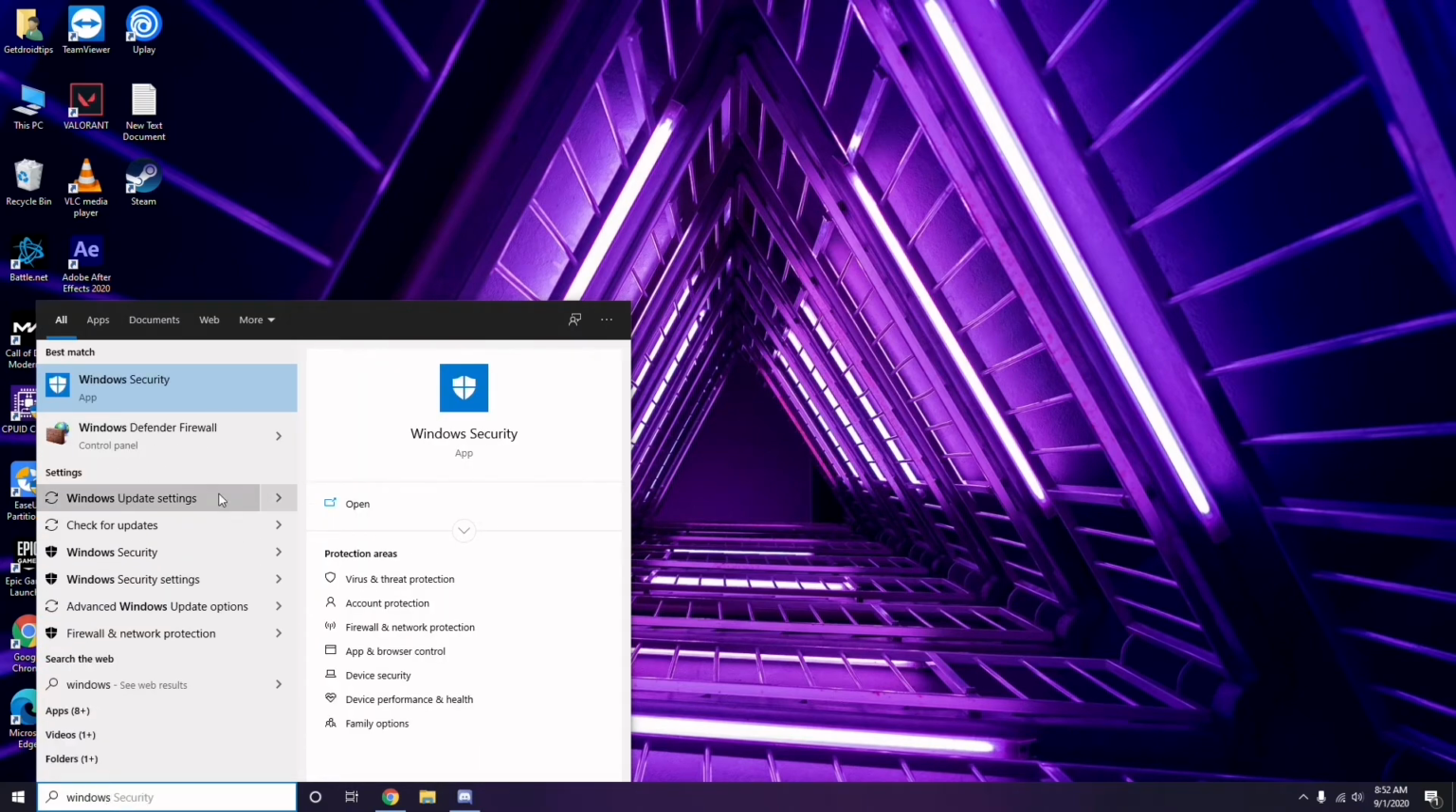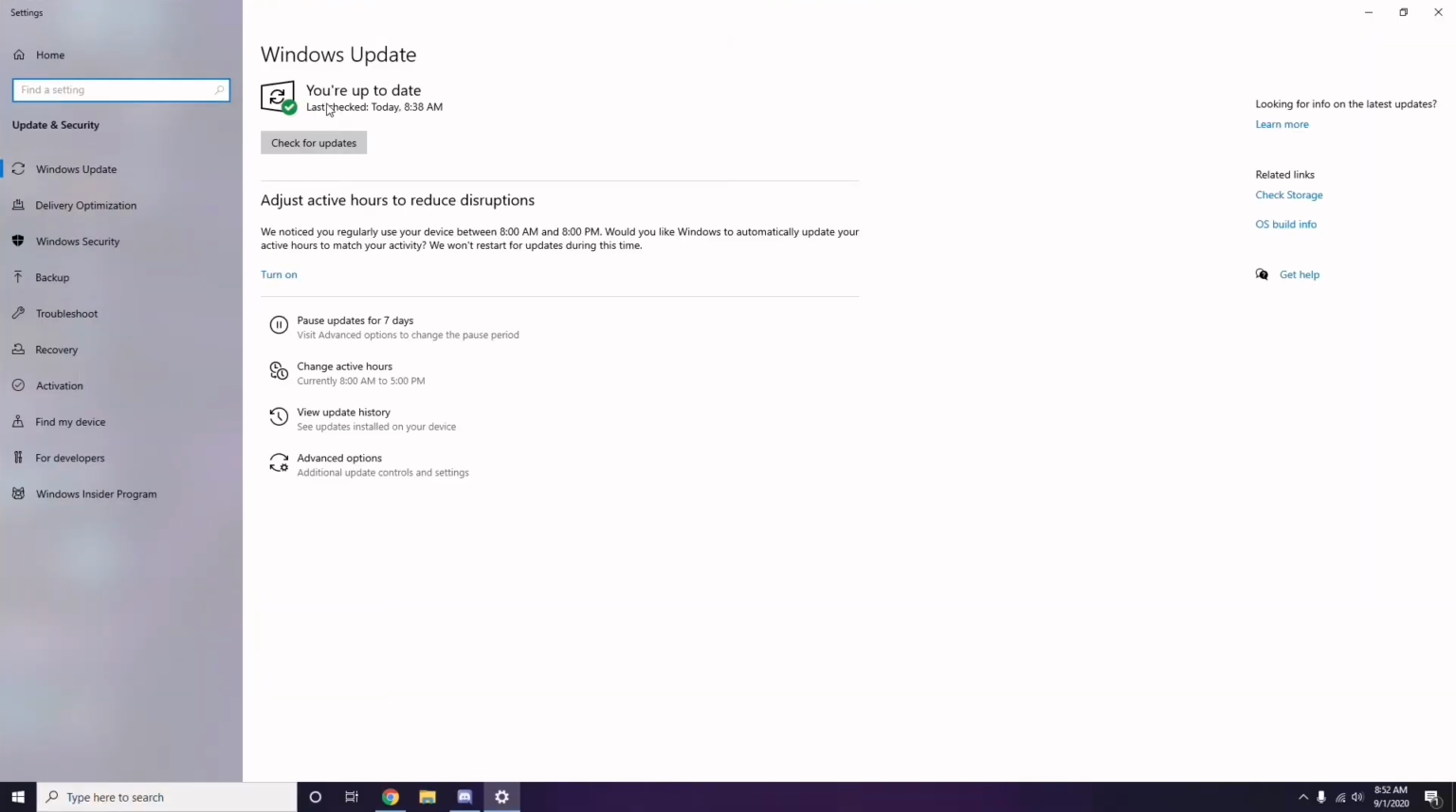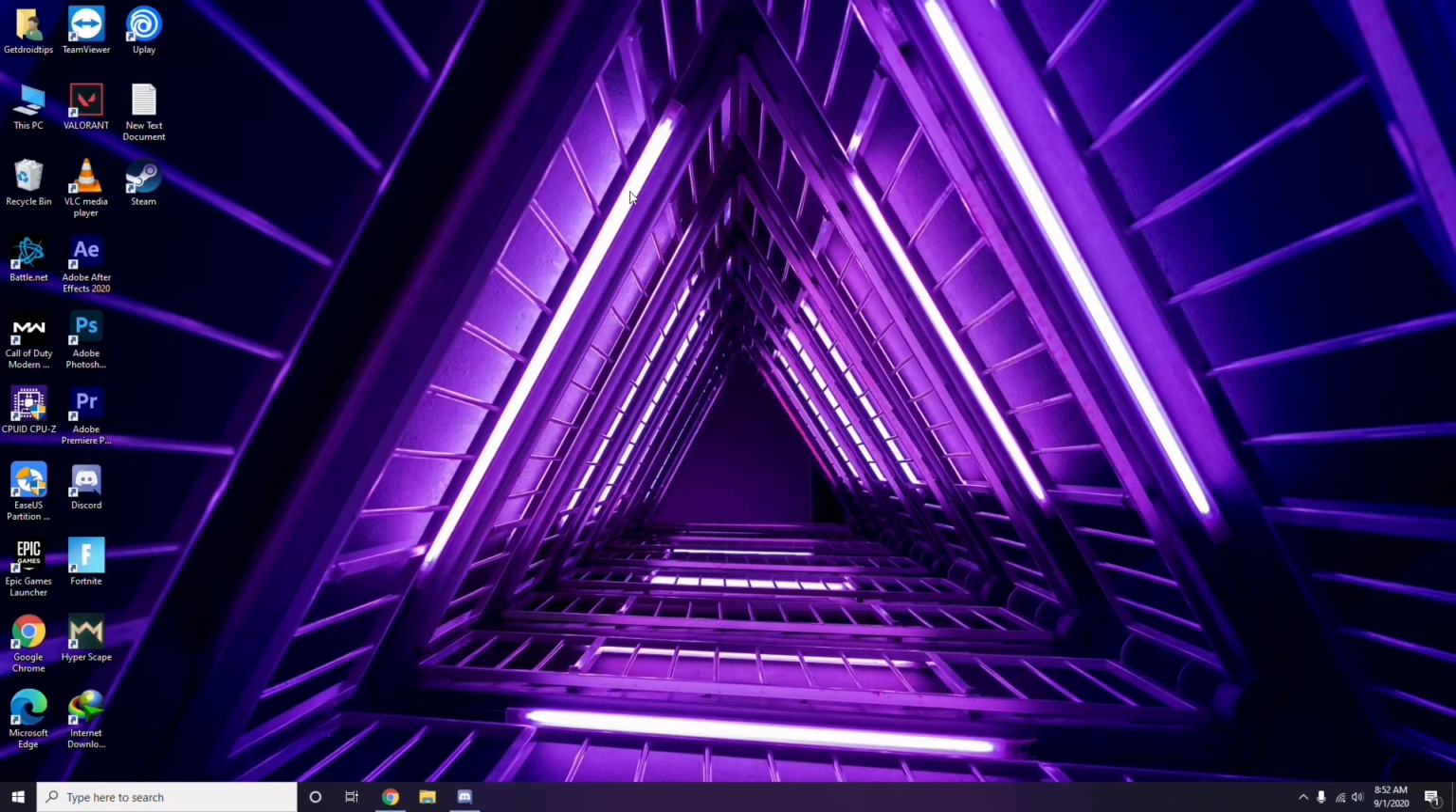You just have to go to Windows update settings here. Make sure that if it is not up to date, you go for an update, right? That is what you have to do. Once we are done with that, you just have to do this also,